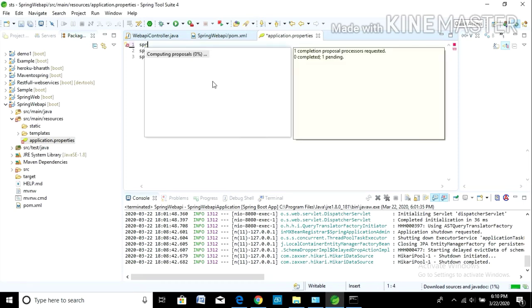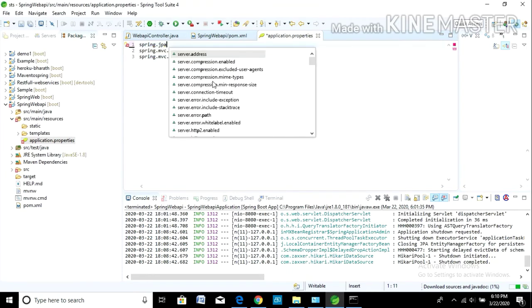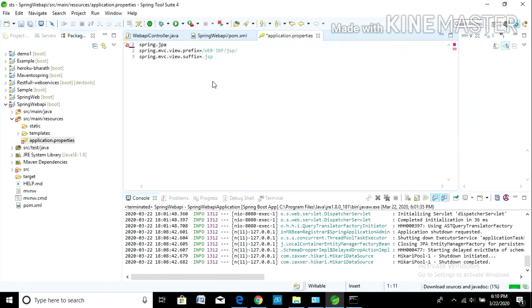Here we need to give some database properties: spring.jpa.hibernate.ddl-auto create-drop, which means it will drop the database schema when we close the application.